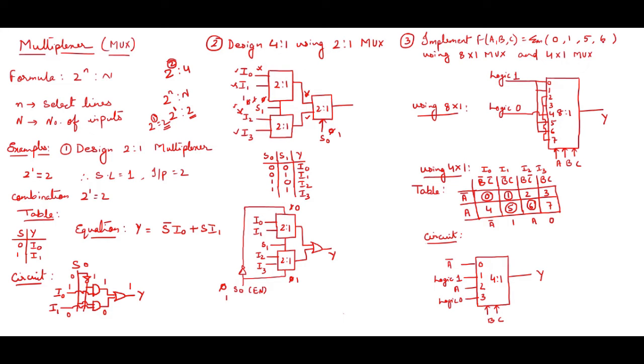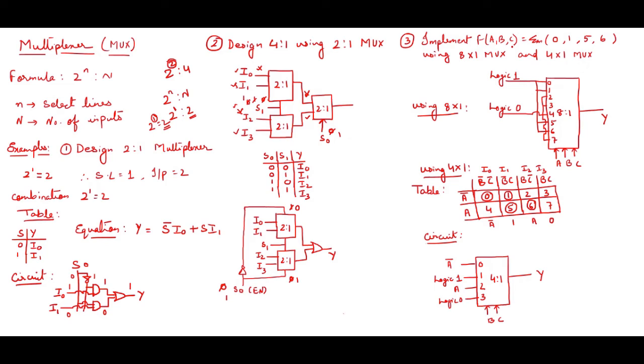The other way is that you have to see the highest value, and from that also you can find out what type of mux you have to implement. In some questions you will find that it is not given which mux you have to use. Only the question will be given and they will ask you to implement using mux. So you have to find out which mux you can use. 6 means I can go for 7. So 0 to 7 means 8:1 mux, or you can see the variables over here.